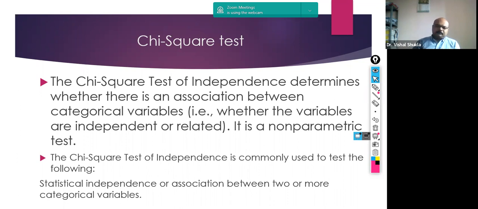For example, I want to test the association of whether smoking causes cancer or not. In that case, I have two categories, smokers and non-smokers. Another category is cancerous and non-cancerous. So if I have to test the association, I will get a 2x2 matrix, and that matrix will be, let's say,